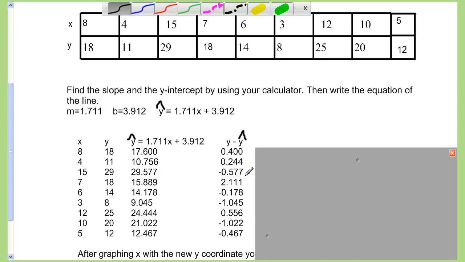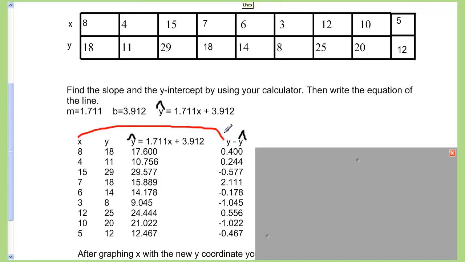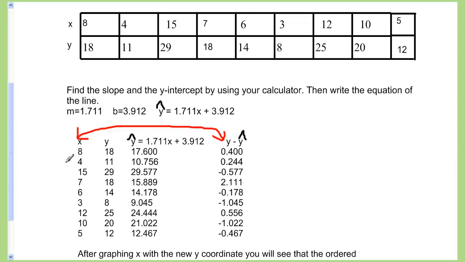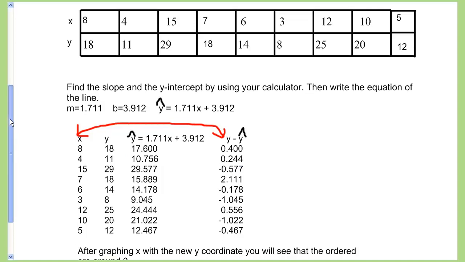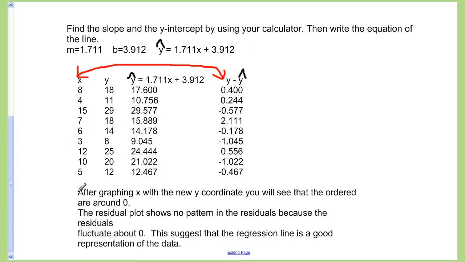So the point of all of this is you're trying to find these residuals, and then you're going to take those values with the original x, and I'm going to graph these ordered pairs. Once I graph those ordered pairs, my x is going to be 8, my y is going to be very, very small, very close to 0. X is going to be 4, this number is close to 0. X is 15, this number is close to 0. So you graph all of them, and you find out that they hover